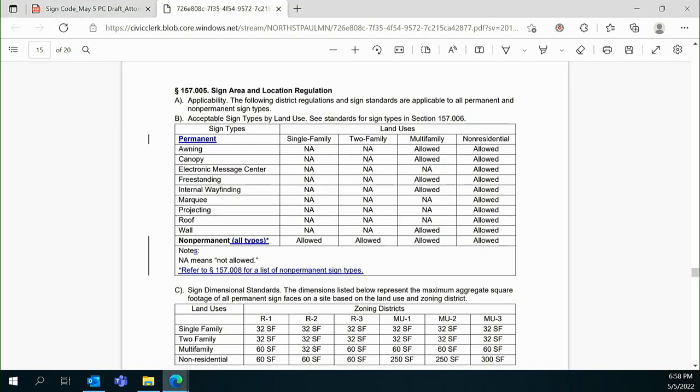But we don't allow permanent signs in single-family or two-family land uses. So that still was in the back of my mind, that can be very confusing to someone who's reading this. And I thought maybe if we did have a two-part thing, one is the permanent, and then in chart C, the second is the temporary. And what that tends to show then is, like for the MU1, for example, you can add the two. You can have 32 feet in permanent and 32 square feet in temporary.